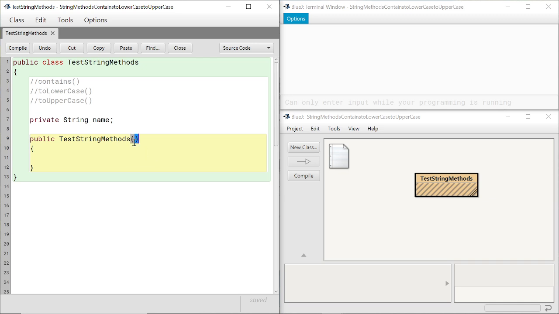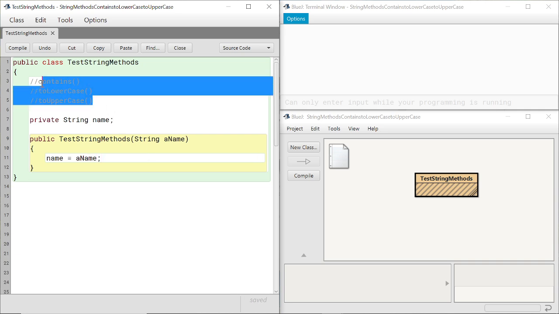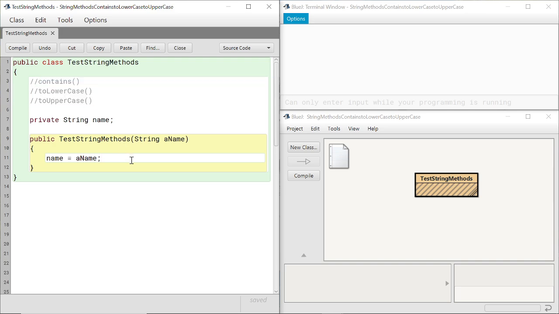Let's fill in a constructor with one variable. There we go, so there's the formal argument, and let's set the name field to a name. Okay, so what kind of things can we do with these three methods? Let's create a test method,